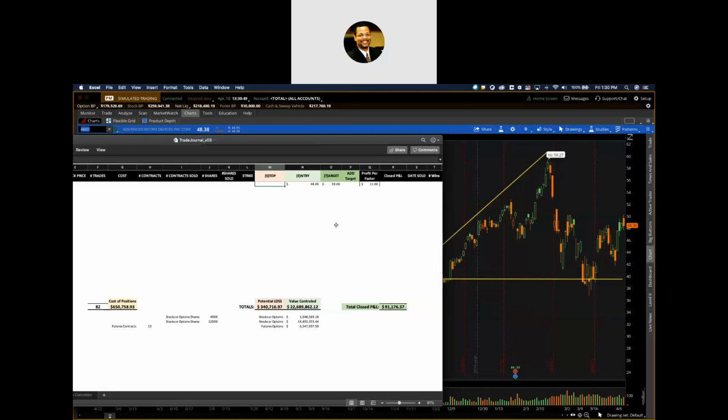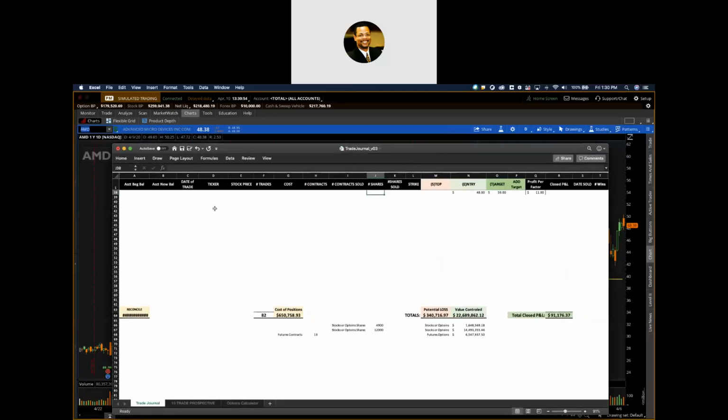I'm going to actually do a stock purchase. So let me get my spreadsheet. I'm going to do a stock purchase. So I'm going to put in my trade date, which is today, 04/10/20. I'm putting my ticker, AMD. The current stock price is 48.38. I'm going to do a single trade, and I'm going to do my single trade if it will accept it at 48 bucks.